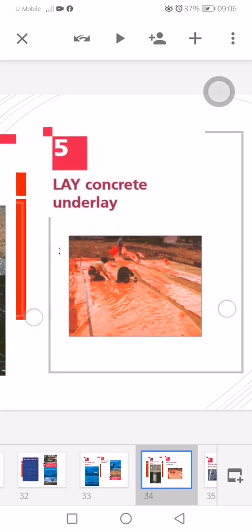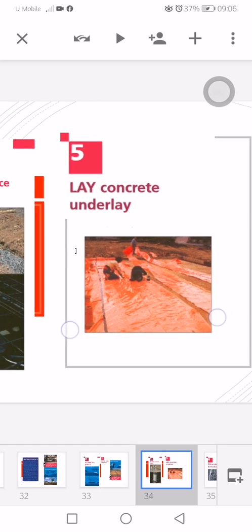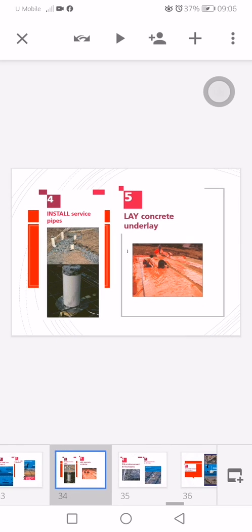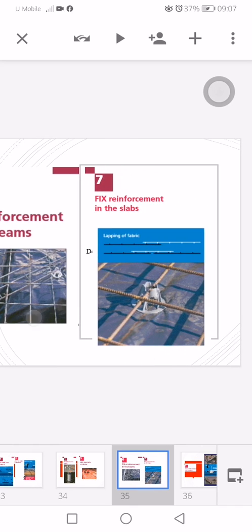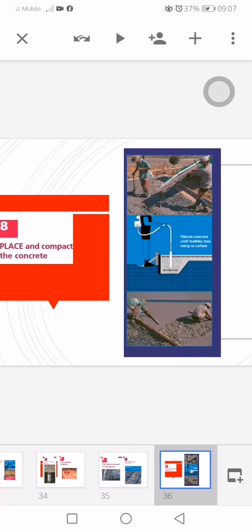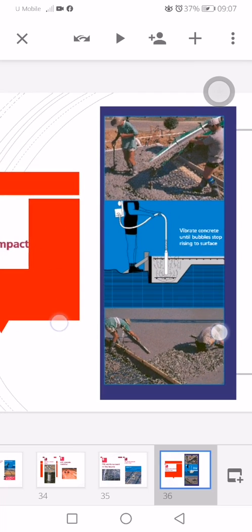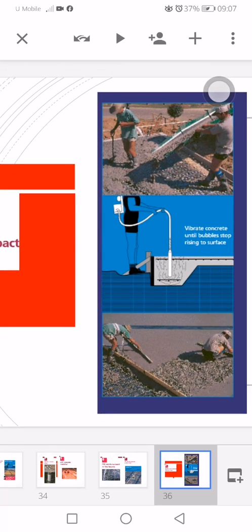Number 5, lay the concrete underlay, whose function looks like a membrane course for waterproofing. And then number 6 is fix the reinforcement in the beam. Number 7, fix the reinforcement in the slab. Number 8, place and compact the concrete. You put the concrete and use the vibrator until the bubbles stop rising to the surface. Why do we use the vibrators? To make sure the bubbles go outside the concrete and